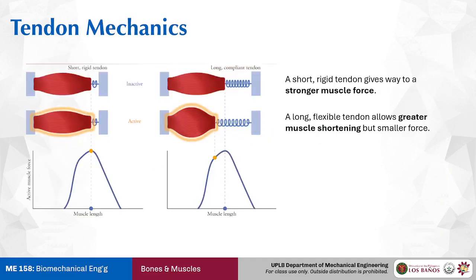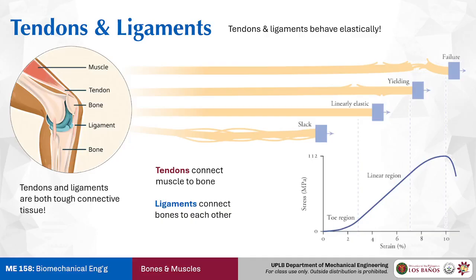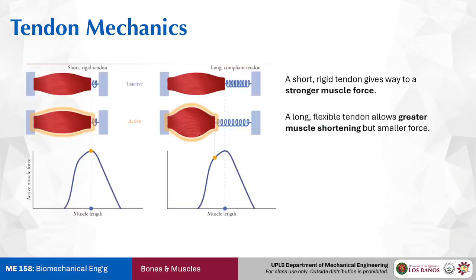Now, the size of the tendon, rather the length, has some connotations for what the muscle can do. When the tendon is very short or very rigid, you will actually allow the partnered muscle to exert more force. While if you have a very long tendon, the tendon can stretch and contract a bit more, so you have a bit more displacement, but the muscle is kind of limited in the strength that it can apply. So that's mostly it for the tendons. These are kind of the spring part of our system.